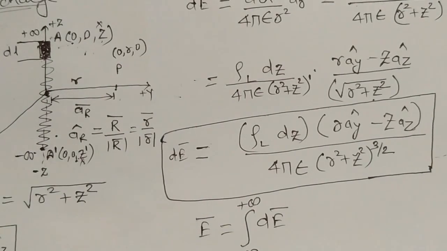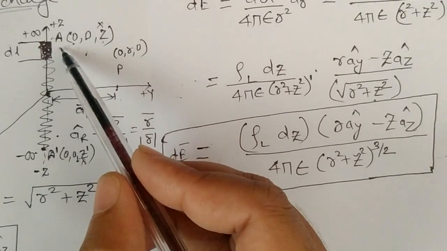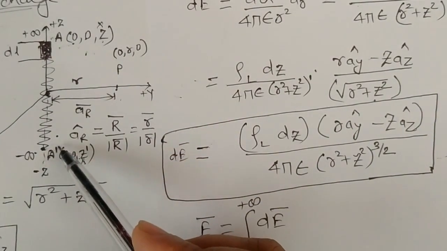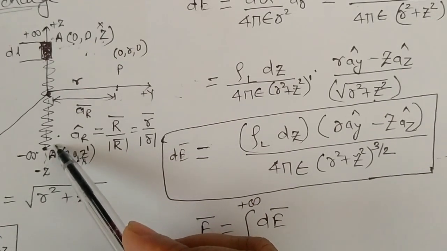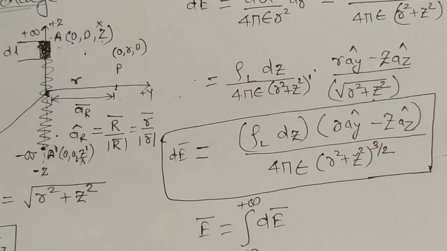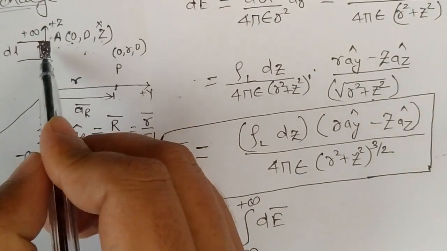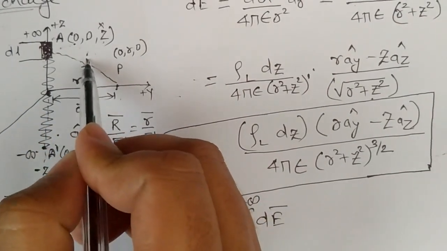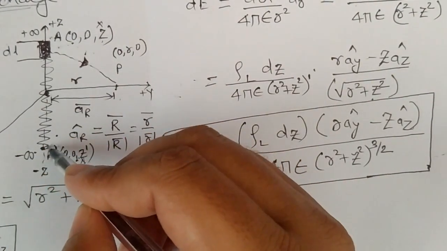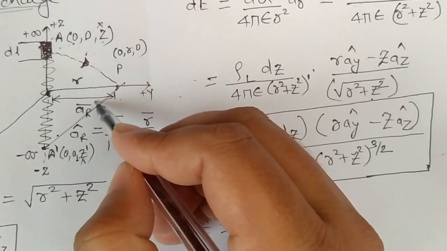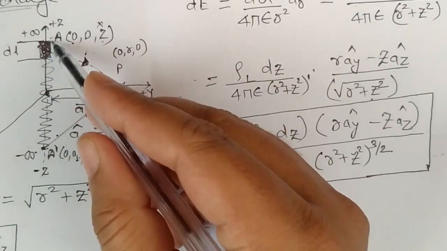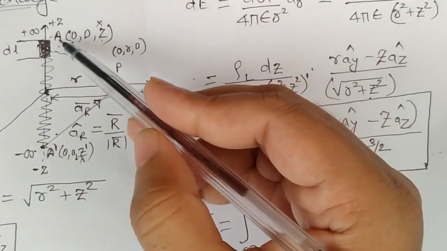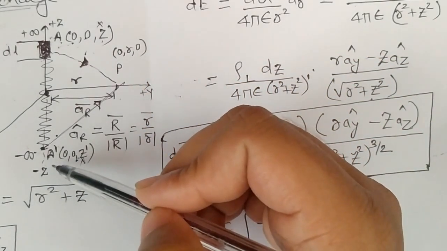Again I am repeating, for every charge on the positive Z axis, there is an equal and opposite charge present on the negative Z axis, and therefore the Z component of the electric field intensity produced by the charge at point P will cancel each other, and the effective field will not have any Z component at P. For example, from here the force will be in this direction because the charge is located here. Similarly from here the force will be in this direction. Therefore, since they are at the same distance from the origin, whatever electric field is produced by this point A, the same electric field will be produced by this point A dash.